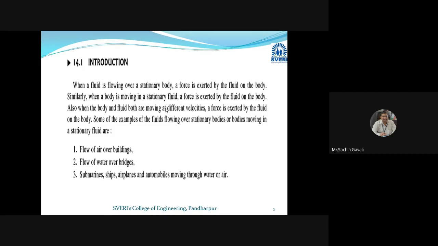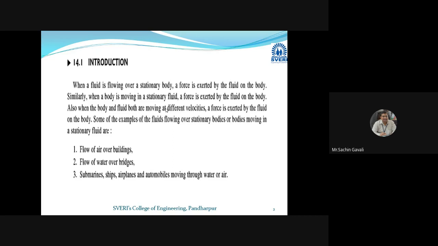This chapter is at an introductory level for our study, but it is very important. It is very important in designing aeroplanes, and in designing any objects which are moving in water, as well as cars and vehicles. As an engineer, we should be interested in designing so that there is less resistance from the fluid on that object. For that, this knowledge of forces on immersed bodies is very essential.